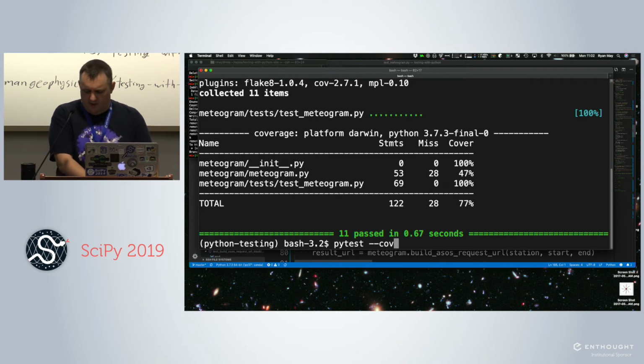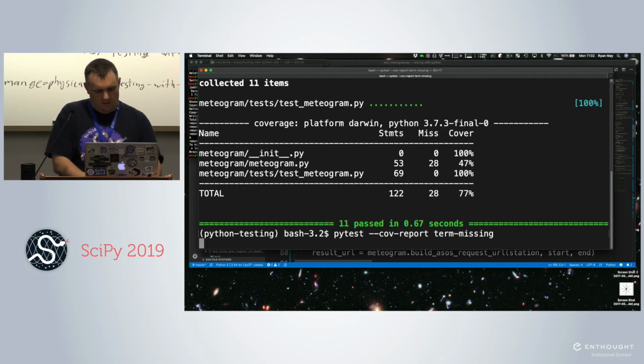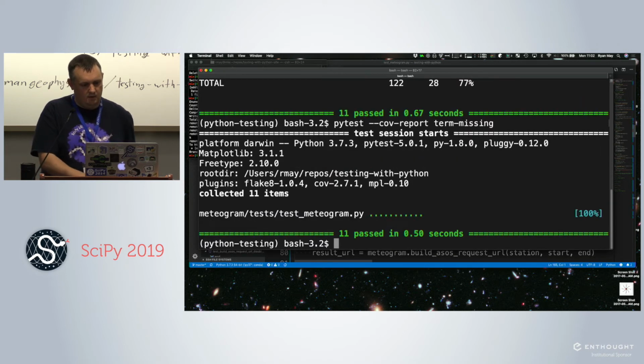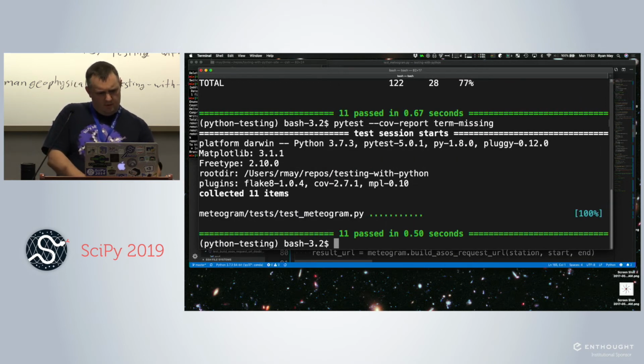So when we run pytest coverage, we can also control the kind of report we get out. Here we got a kind of a summary. If we say pytest-cov report term missing, so that's terminal with missing lines. If I run that, where's my report?